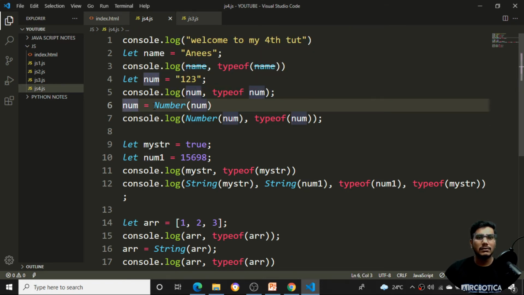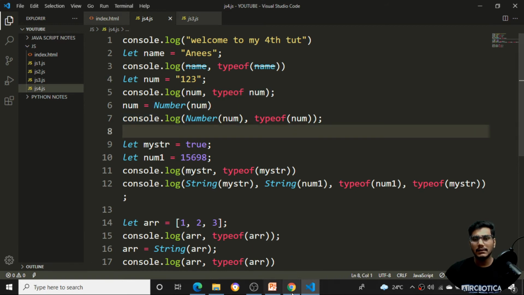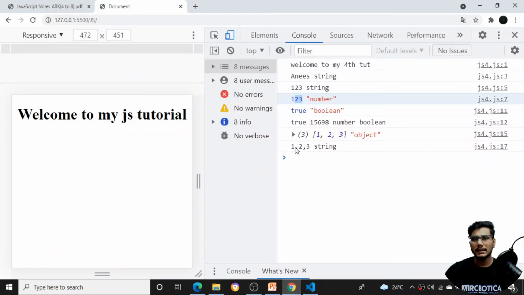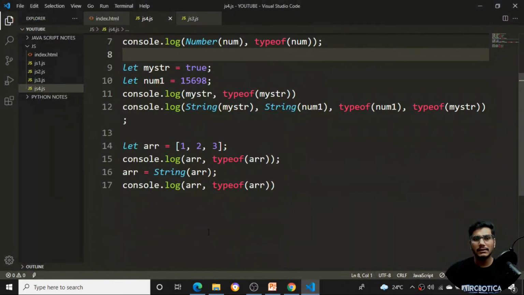If you just directly try to print the type of the number in this particular fashion itself, it will give you not a number. So for that purpose, you first need to assign the value by using an operator. You need to use an operator, then change the original variable value. At that time you can see the thing is coming as 1 2 3 as a number. So this is how we have done over here also.